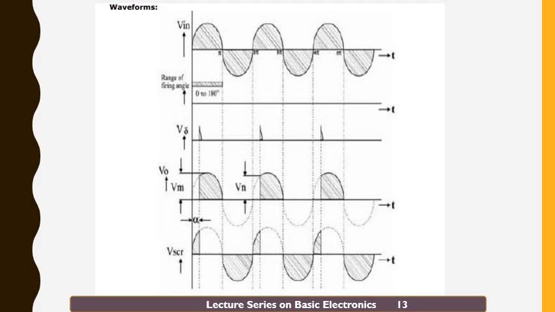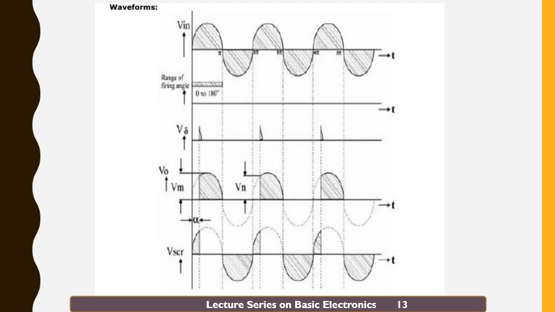So this is the output voltage. Across the SCR, I will have the input voltage. Till the SCR conducts, it has the input voltage, and once it conducts, it acts as a short circuit, so the voltage across it is 0. In the negative half cycle, the SCR is off, so there is no voltage across the load, and the negative half cycle appears across your SCR as it is.